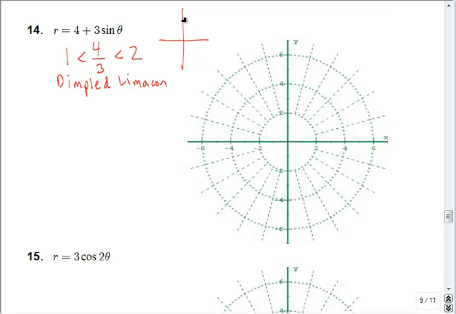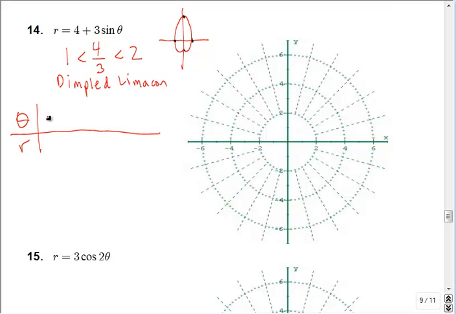So this is going to be pointing up that y-axis, and then it's going to look kind of like that. Now, to figure out the exact points of where this is going to be, we're going to need to make a table of values. And I'm going to just do my theta values and my r values. And if you look at this graph here, the key points are landing on the major axes. So here at 0, pi over 2, pi, and 3 pi over 2. So those are the points that I'm going to plug in for theta to figure out points to plot on